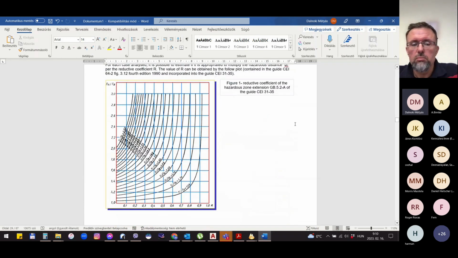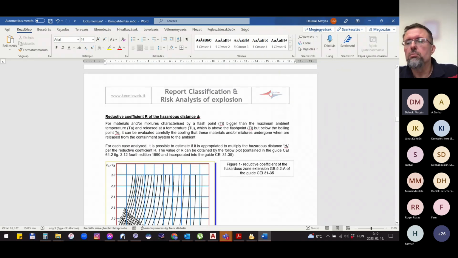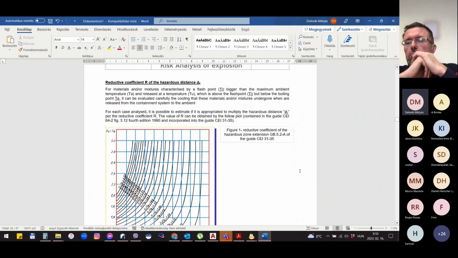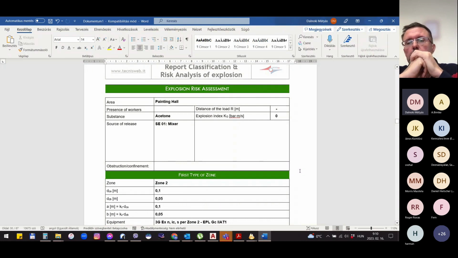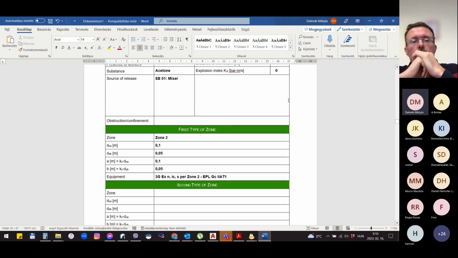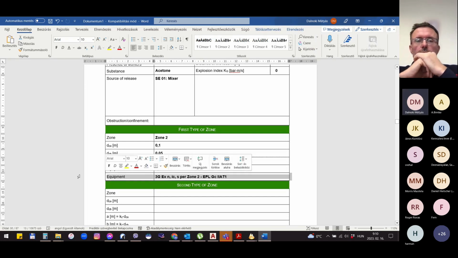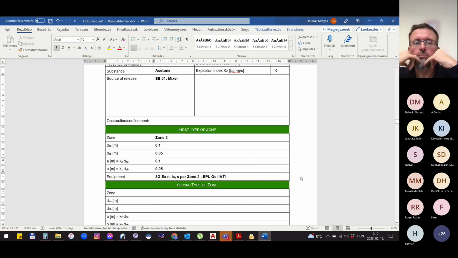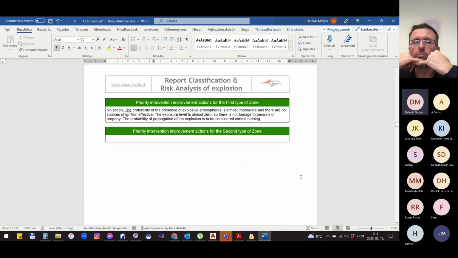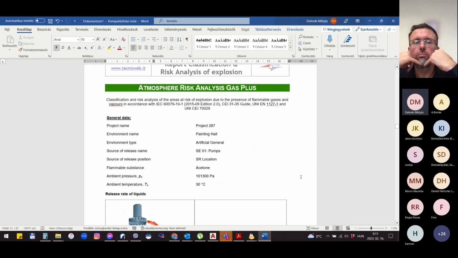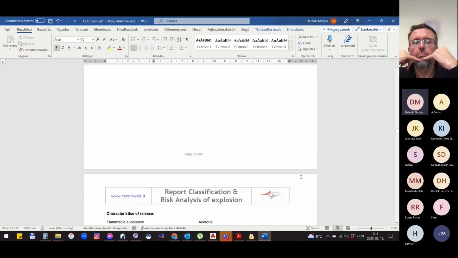If there is any possibility to modify the hazardous area, it's written here, but this reduction process has to be done manually after the hazardous area classification. The second and the summarization. Here the software gives requirements for the equipment selection based on the properties of the material. This would be the risk analysis part, summarization, and the second emission source, and so on,